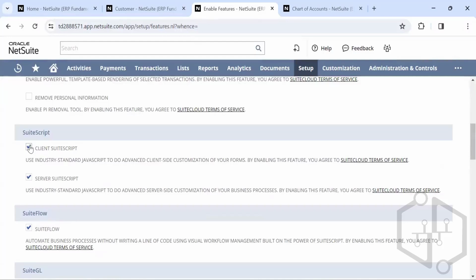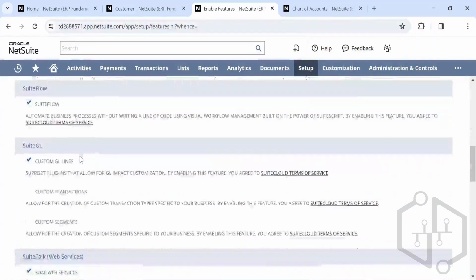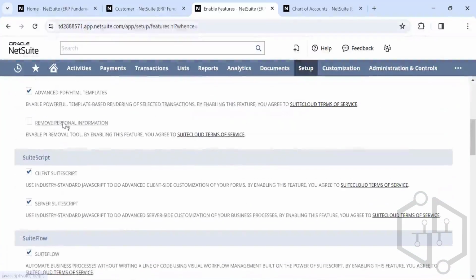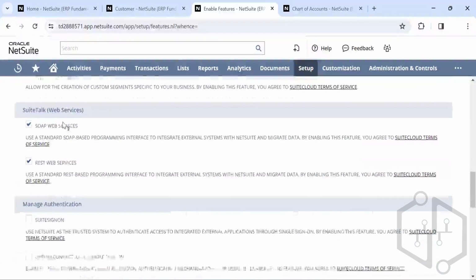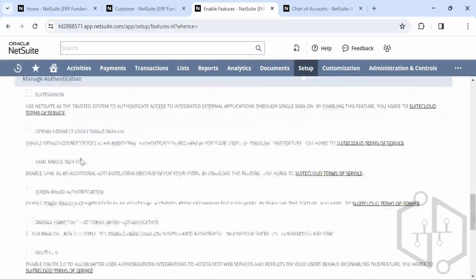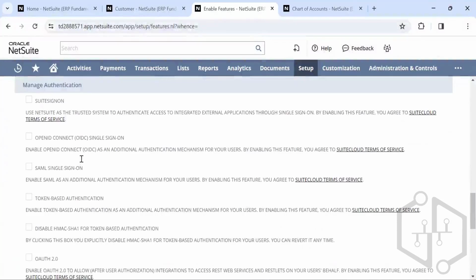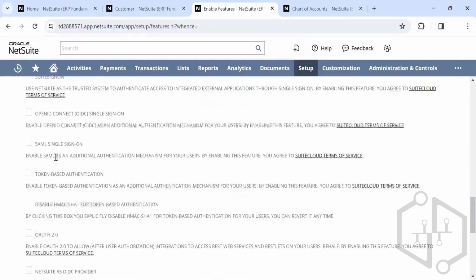So anyone has to write the client script, server script, which is used in the NetSuite implementation, so we'll have to enable all these features here. Like SOAP web services, REST web services. Once we are doing any integration from any other third-party system with NetSuite, then we have